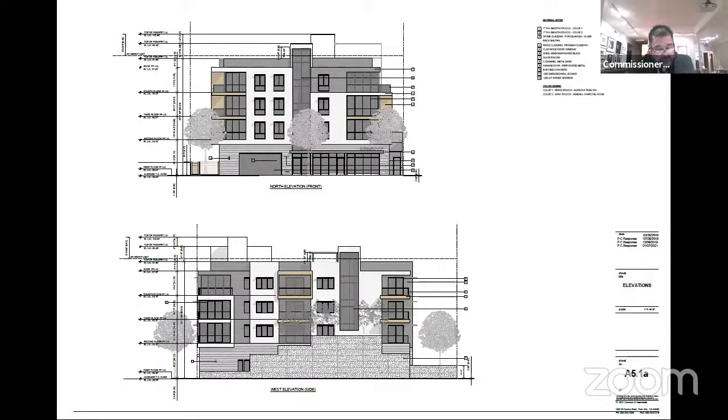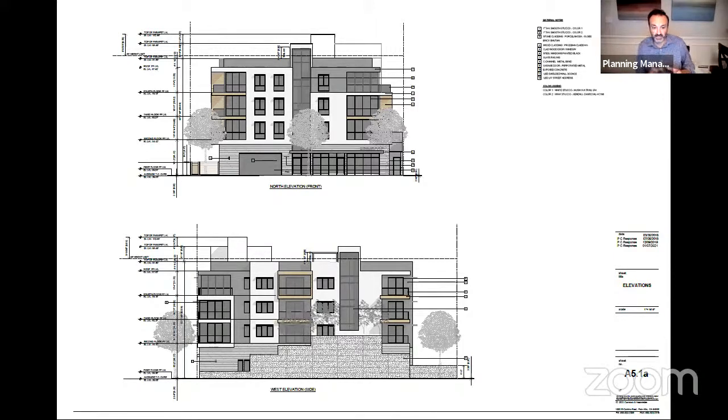The special permit then is for those areas of articulation as we're describing for the stair enclosure and elevator overrun, correct? That's correct. That are above that 55 feet. Right. And they're allowed to extend up to a maximum of 10 feet above the maximum building height allowed. So they can go up to 65 feet, but it can only cover, I believe it's just 5% of the roof area, and they're under that as well.